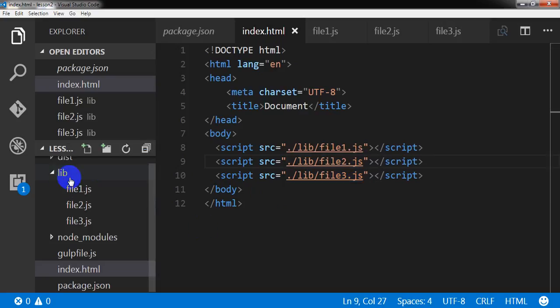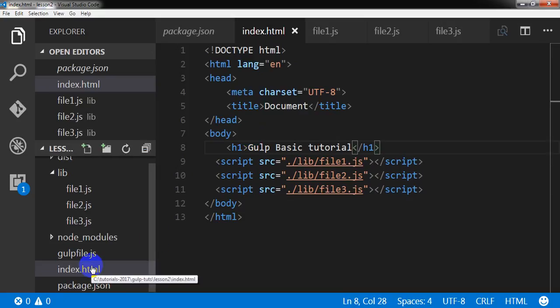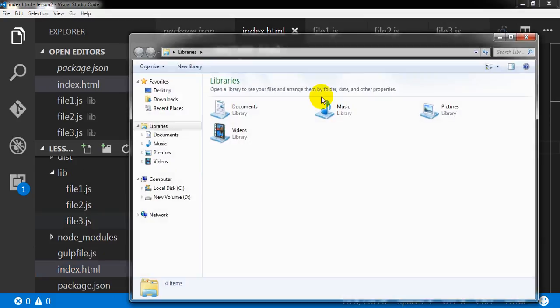That means here I am writing some JavaScript files and referring to them here, and I can write a simple tag like gulp basic tutorial. Okay, now if I open the index file,